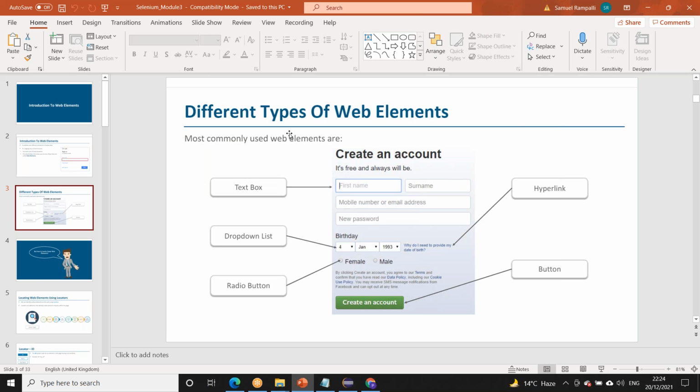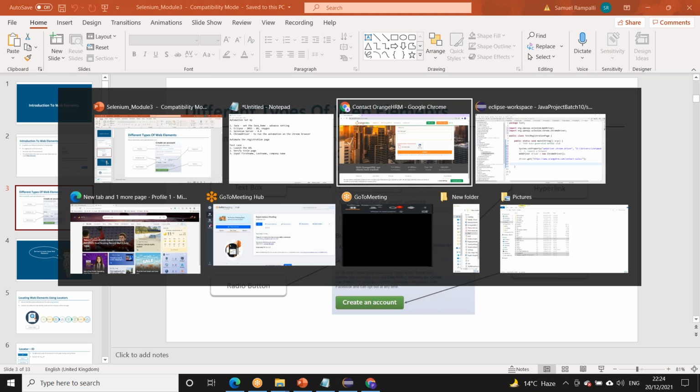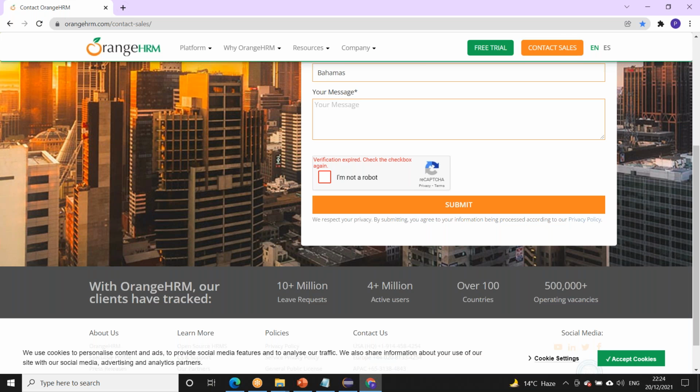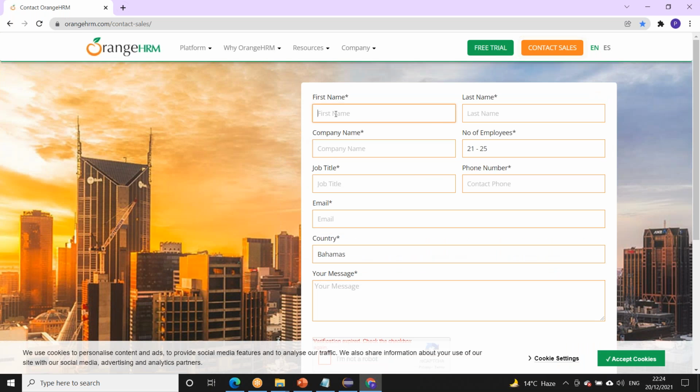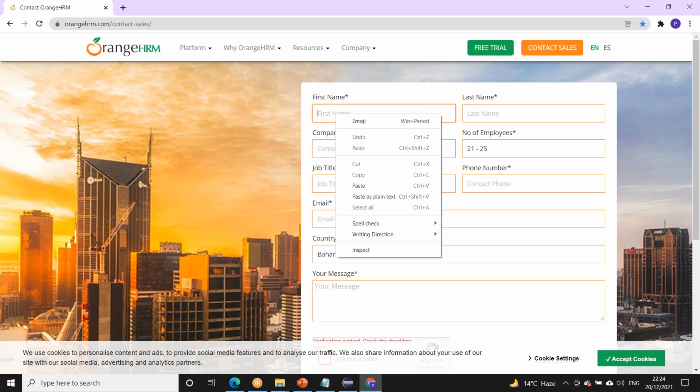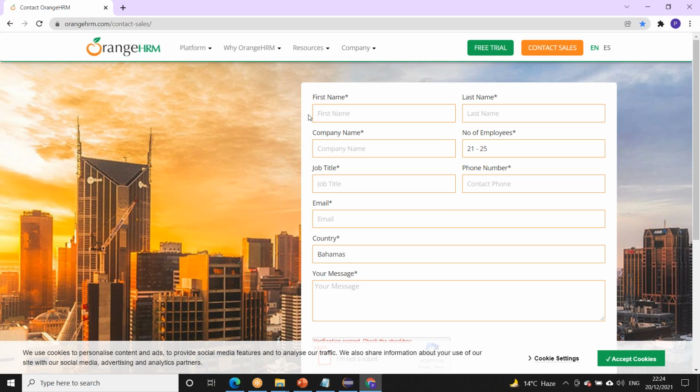So in an HTML page, what does the address mean? The path. Address means path. So what is the path of this element? We have to understand the path of this element. So how do we find that path?